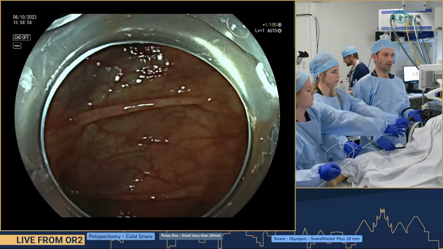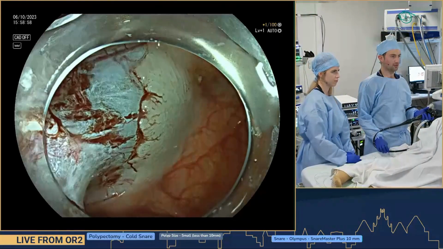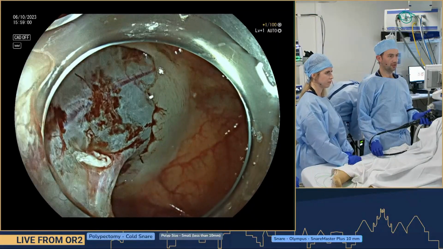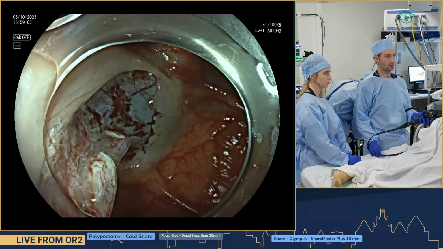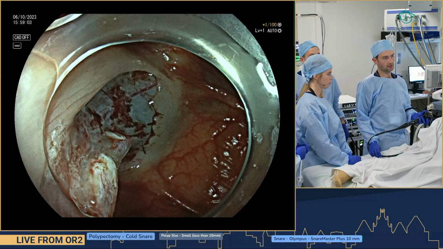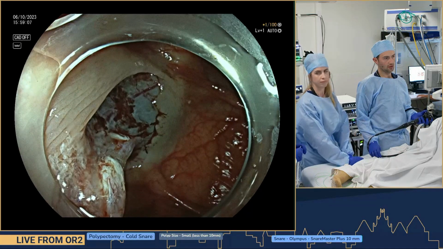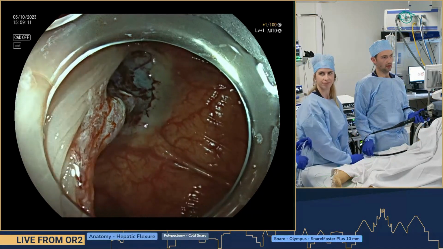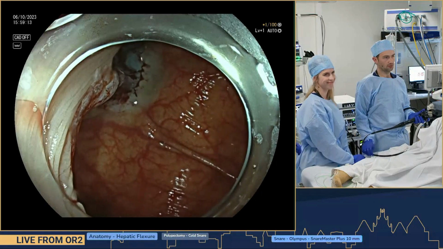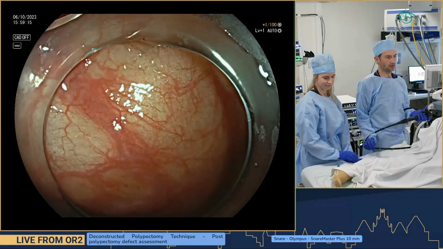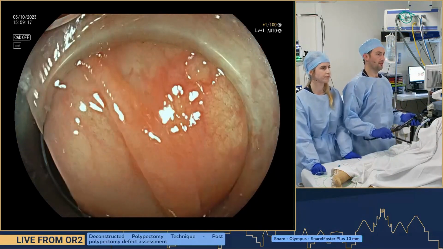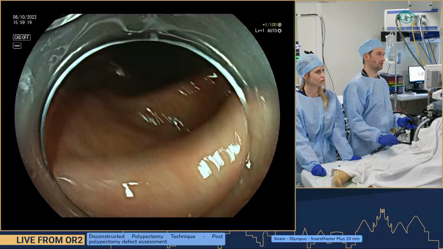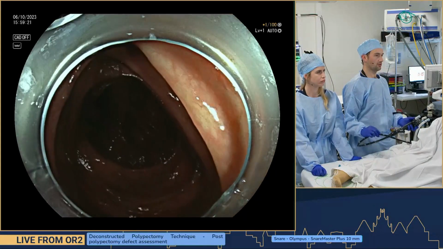So just go back to this really difficult thing we just did. So here's the resection zone of that sessile serrated polyp on the hepatic flexure. It was very, very difficult, extremely difficult. And so we spent a lot of time looking at the margins, but still the margins are very difficult to define. And if we just come back around here and then try and do another retro to make the point,